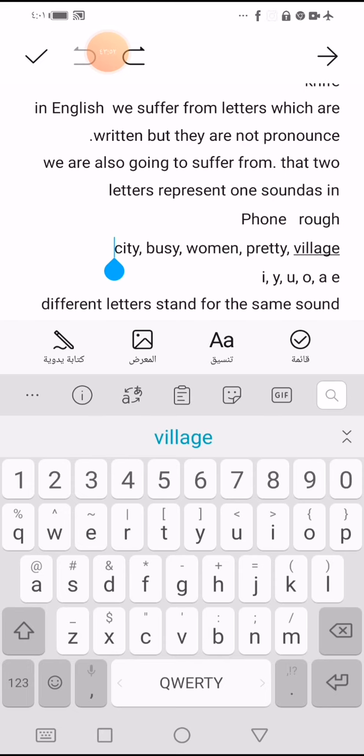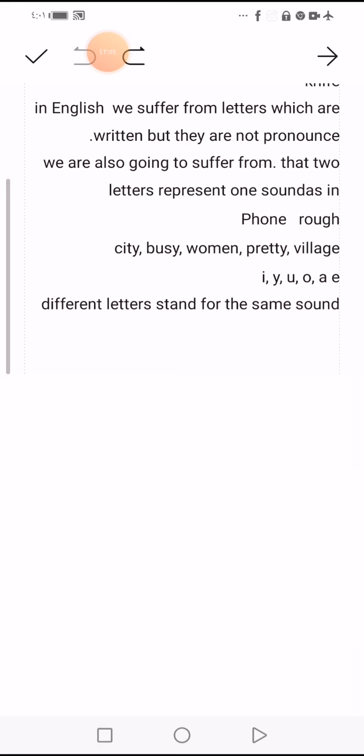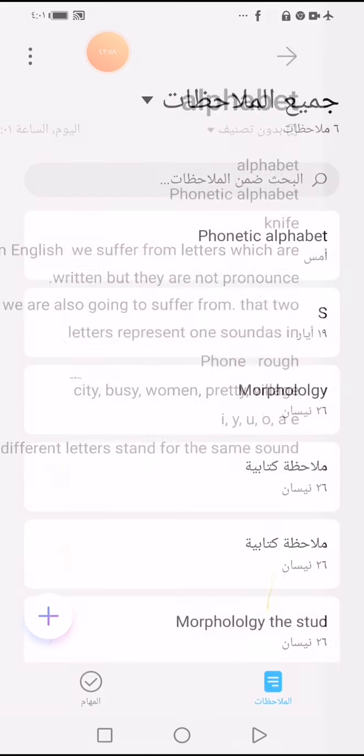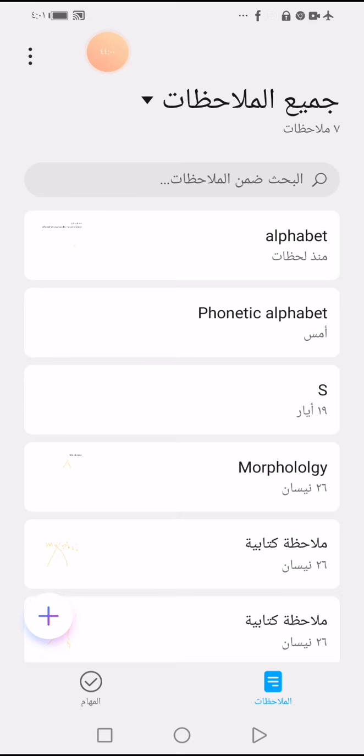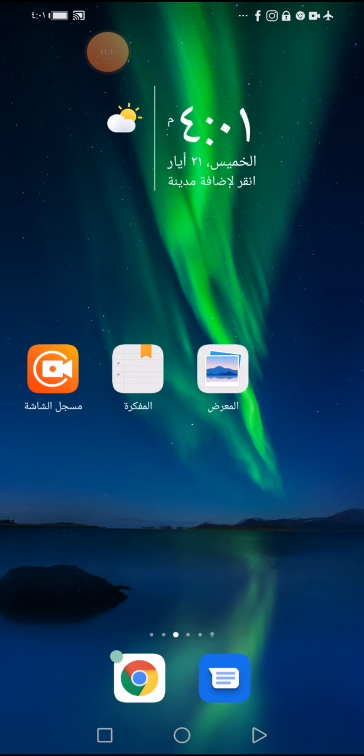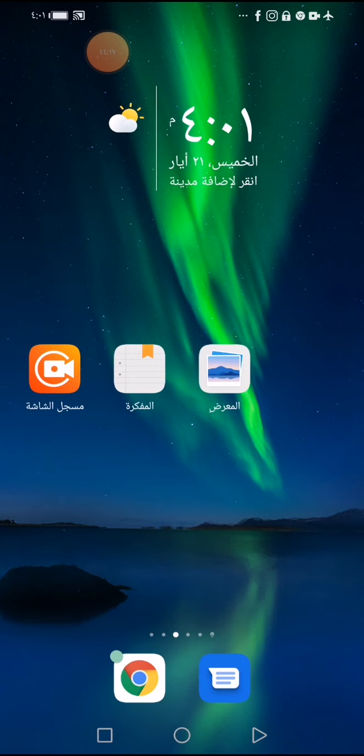5 letters. What do they pronounce? They stand for the same what? For the same